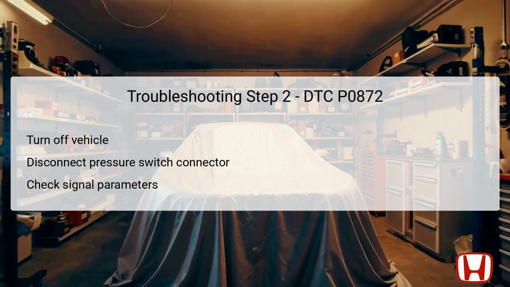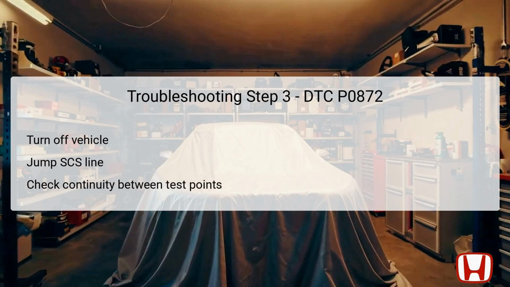At this point, recheck the signal parameters associated with the fourth pressure switch. You must evaluate whether the current conditions reflect an off signal status. If the readings align with the threshold, it indicates a fault with the transmission fluid pressure switch, necessitating its replacement. If the readings do not meet the expected criteria, you will progress to step 3 for further investigation into potential electrical faults. The third step in the troubleshooting process for DTC